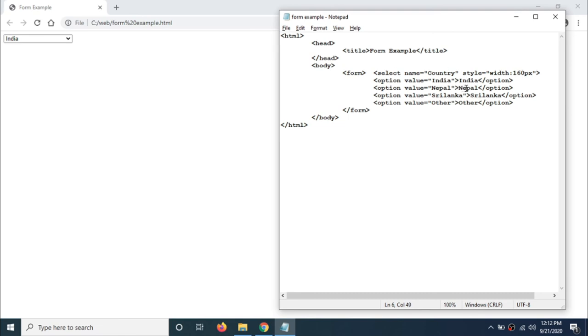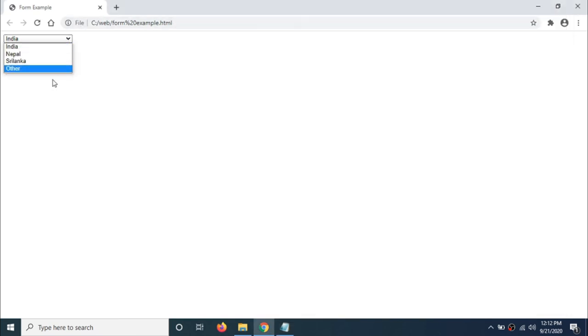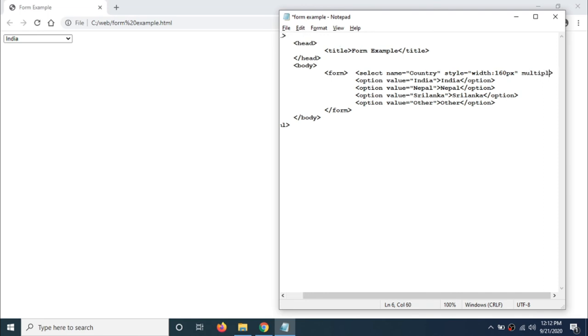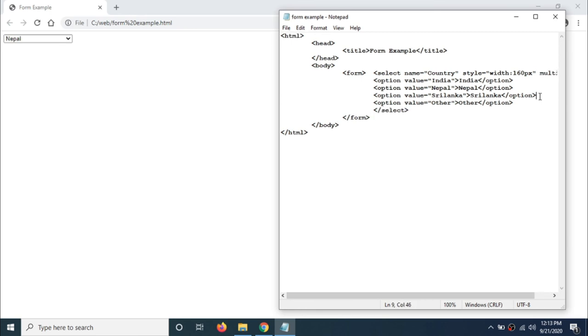Next, here I can select only one option, right? What if I want to select many options from the list? For that you need to write multiple. This is the word you need to write within this select tag.